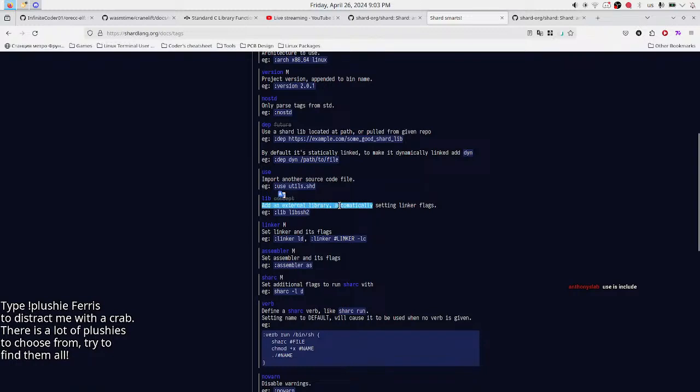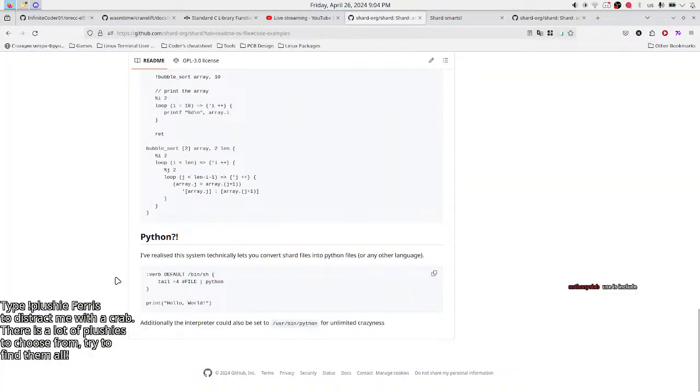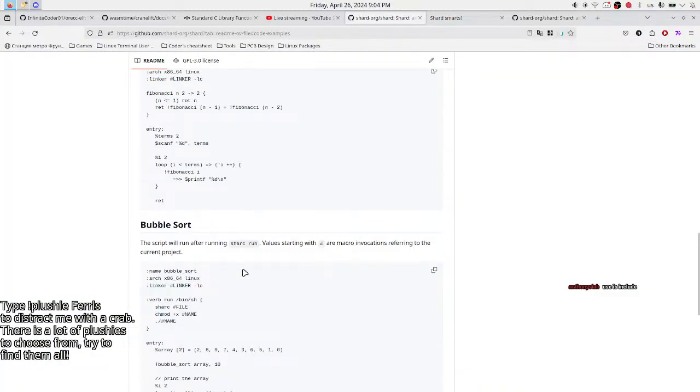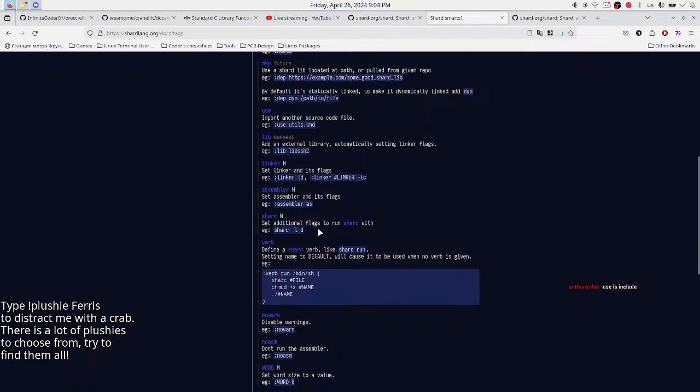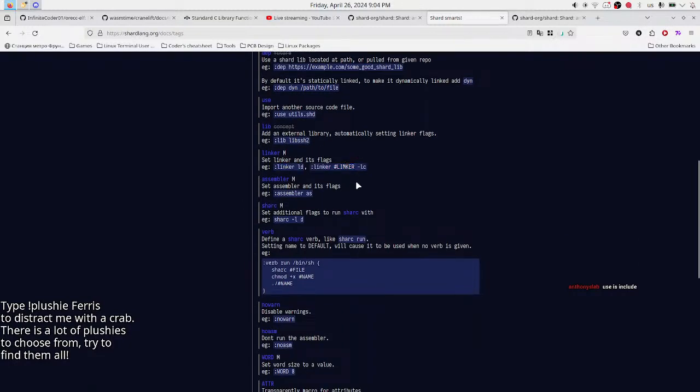Add an external library, automatically setting linker flags. Oh, so it's a concept. Why are those all crossed? I don't understand. So instead of this, you could just do library libc. I mean liblibc. Linker, set linker flags. Assembler. Oh wow. So you're just doing it into plain assembly.